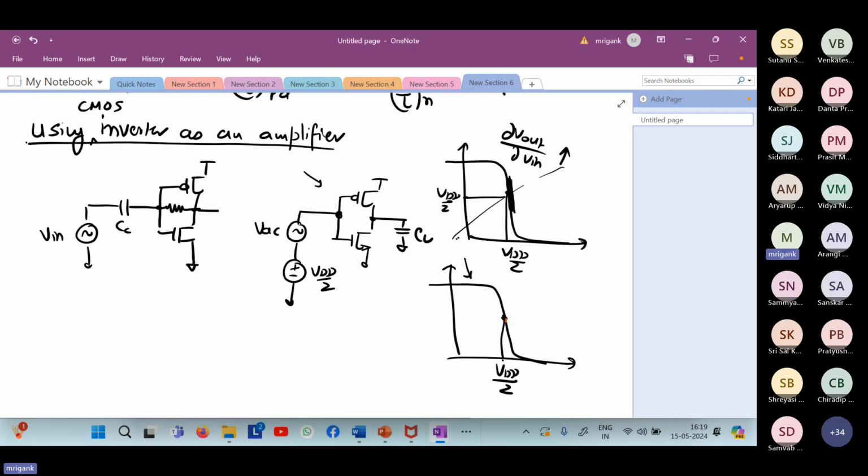What should happen to the curve? It will shift towards the right. The top part will shift to the right, while the lower part remains the same. Yes, shift towards right, because now you're going to require a higher voltage to turn on the PMOS. Higher input voltage to turn on the PMOS and discharge the output. Therefore, the curve will shift towards right.